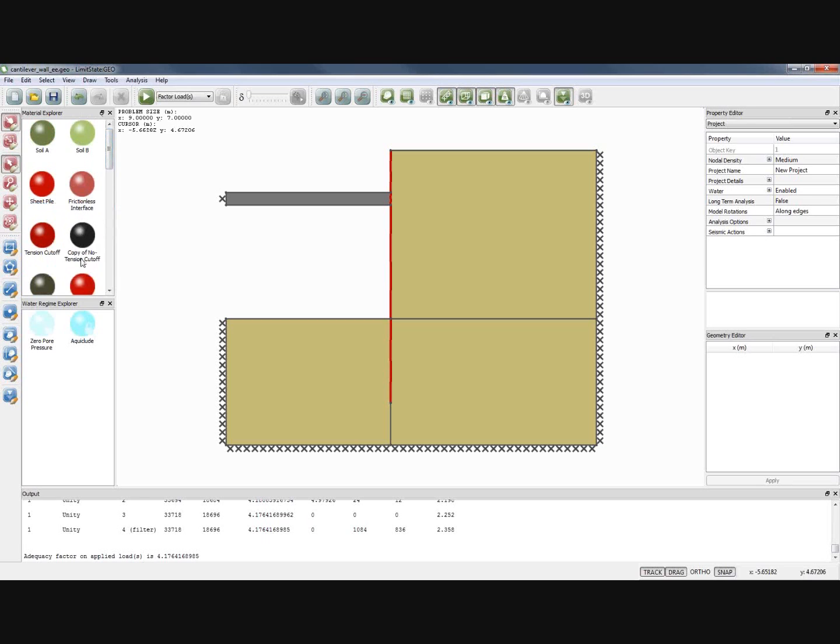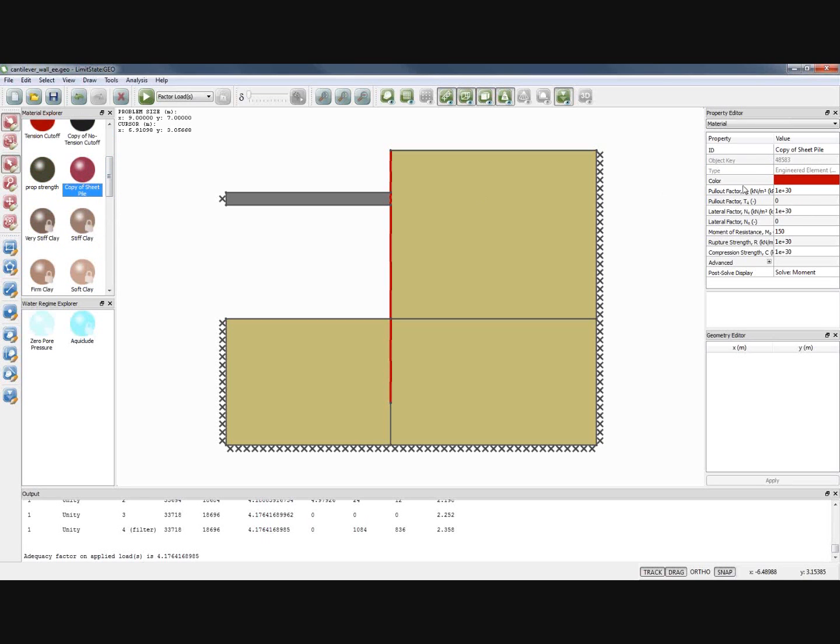If I duplicate that material, I've got to get a copy of a sheet pile wall, and I'm going to call this upper sheet pile wall. And what I'm going to do is put in a reduced bending strength there. So what I'm going to say is, actually, I think the earth pressures up here, perhaps we're not going to get full passive pressures, we're not going to get active pressures, maybe we'll get a lateral earth pressure coefficient of